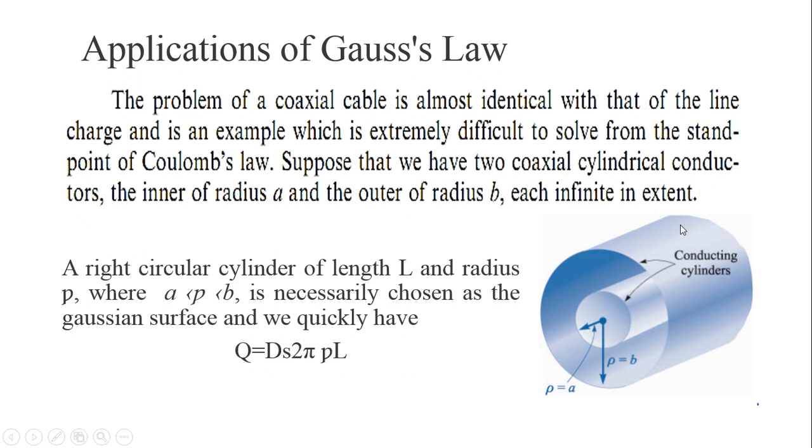So it means that outside the coaxial cable, the electric flux density will be 0. Inside the inner conductor of the coaxial cable, the electric flux density will be 0. Why? Because there is no charge content. So it is actually like a capacitor. जिस तरह ये बात हमने ऑलरेडी डिस्कस कर ली थी, तो आज हमने प्रूफ कर लिया that in between the capacitor we will have the electric field intensity or the electric flux density. Outside the capacitor there will be no electric field.